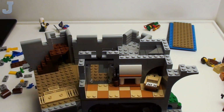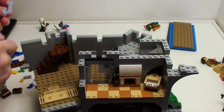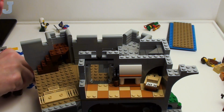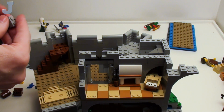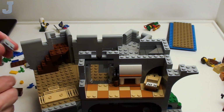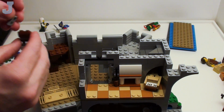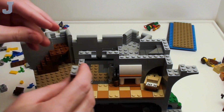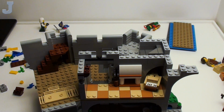I almost got all the parts out of the way too. And I'm not done with 101 yet. I got a bunch of stuff to build here. And then they show this right here with the plate on there. And this goes right here. I think the other part of the floor is supposed to snap onto that. I mean, I don't know yet. I haven't gotten that far, but